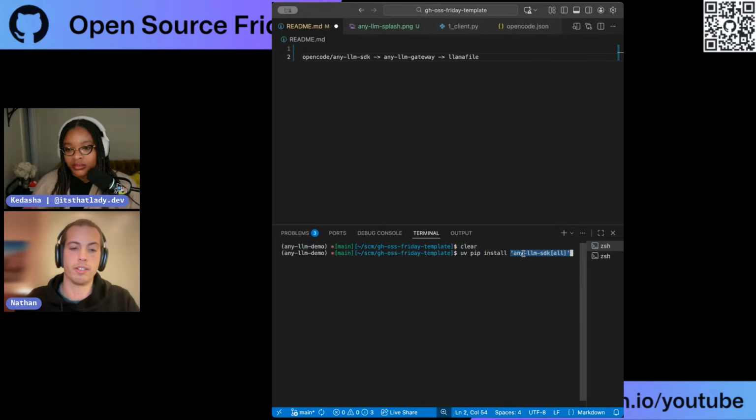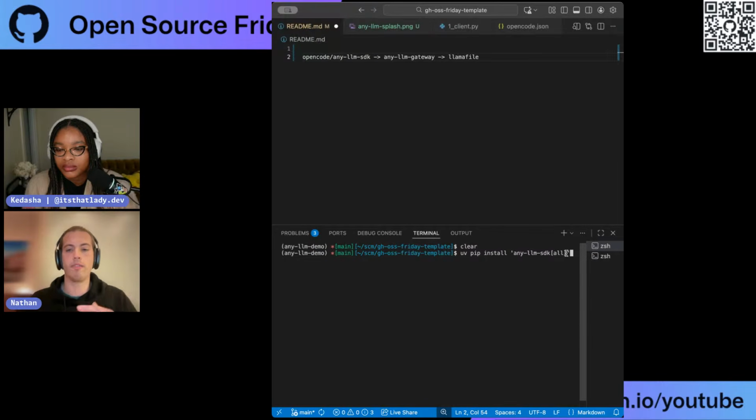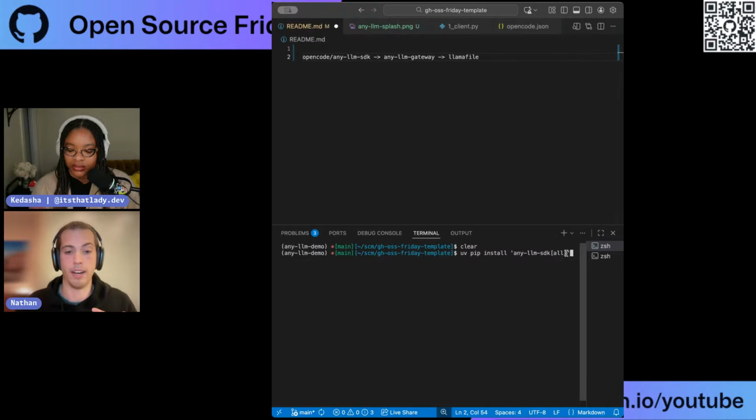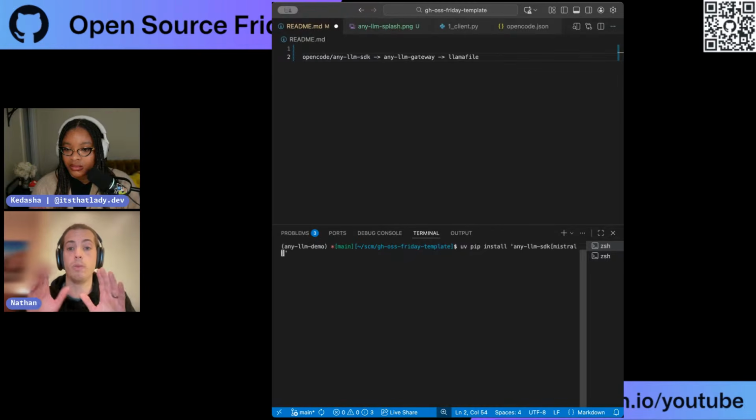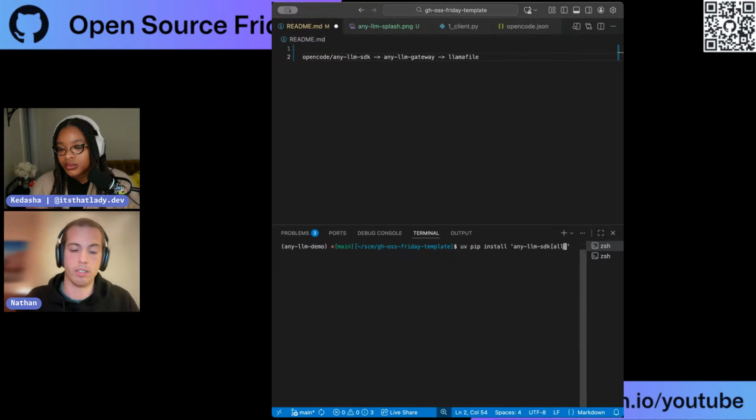What this is going to do is install the any-llm Python SDK, and it's going to install all of those provider SDKs that we optionally depend on. So if you knew for your project initially that you were only going to talk to Mistral, then you could have just put Mistral in here, and then we would only connect up the provider SDK for Mistral, and you wouldn't be able to add others. But as you go, as you want to support more providers, you can just connect with more of those SDKs.